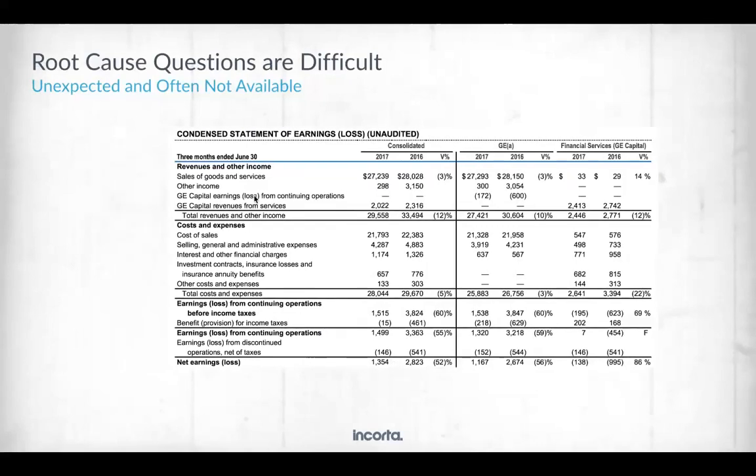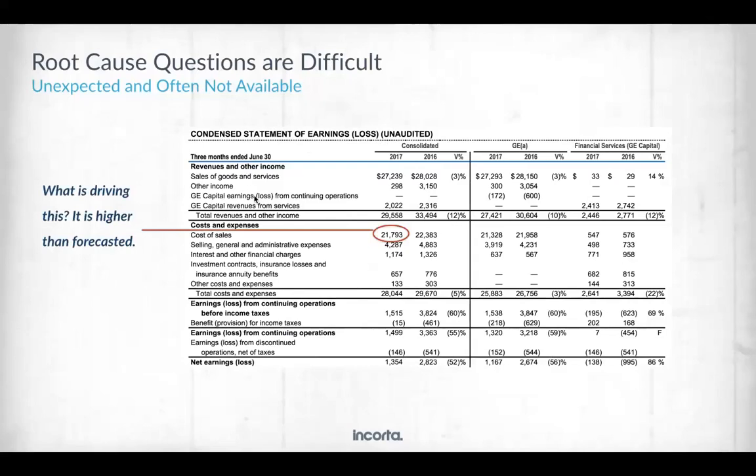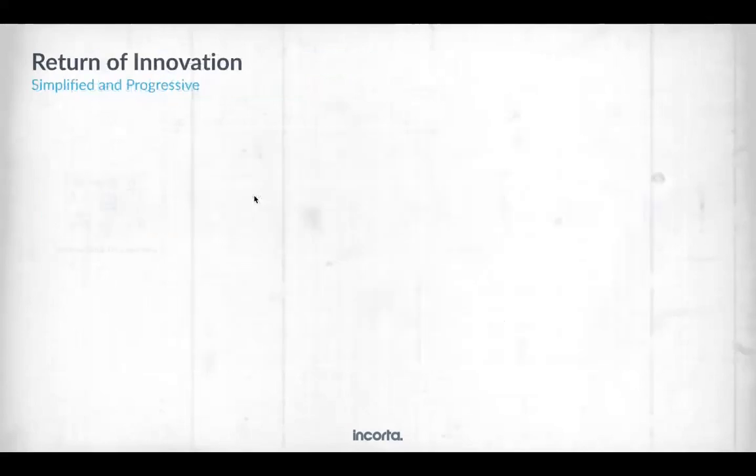Why is my cost of sale higher than forecasted? That's a root cause question. And that root cause question needs the real data. It needs the transactions to answer it. I can go down a step, maybe 2 steps of depth, but if I really want to see the transactions driving that, that's what I mean by top line to transaction. I've got to get down there. And that's what the users I worked with for my 20 years always asked me to do. It's something that comes out of the box with Incorta, unexpectedly so in some cases.